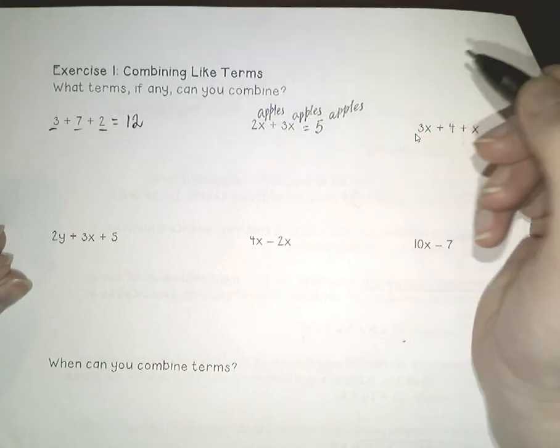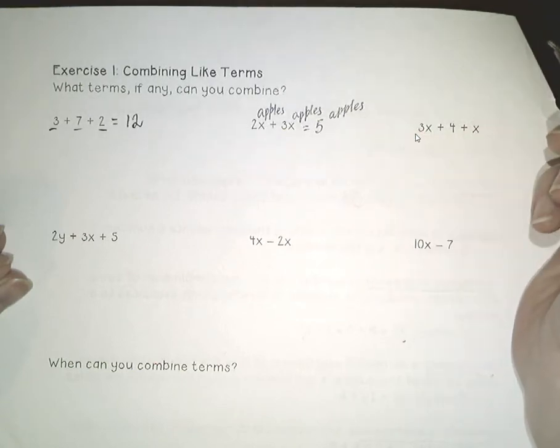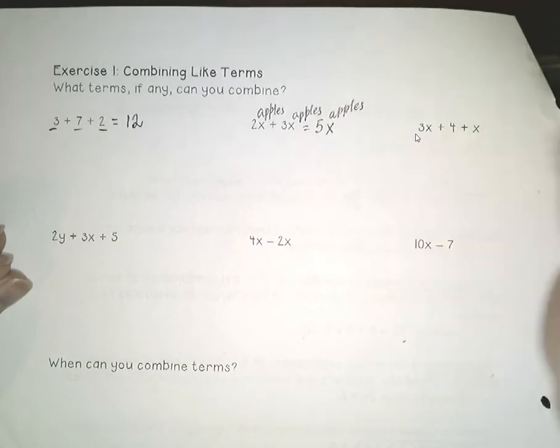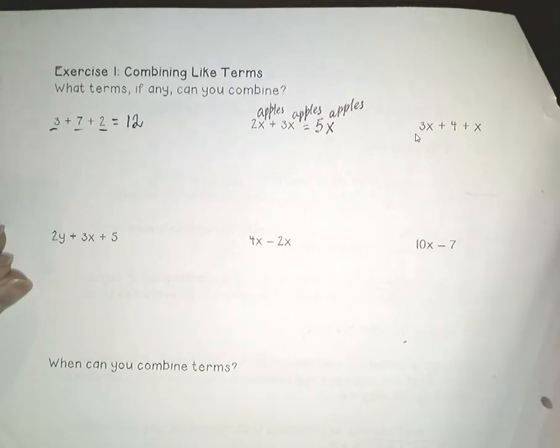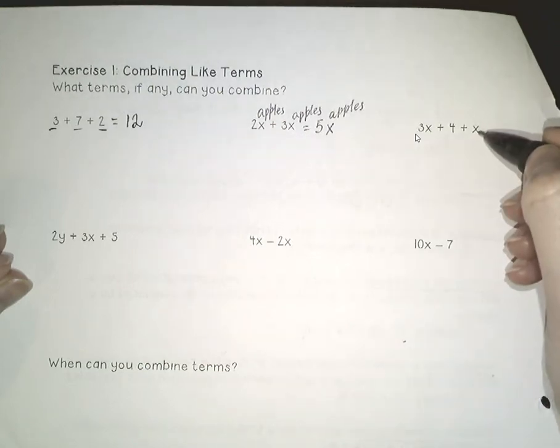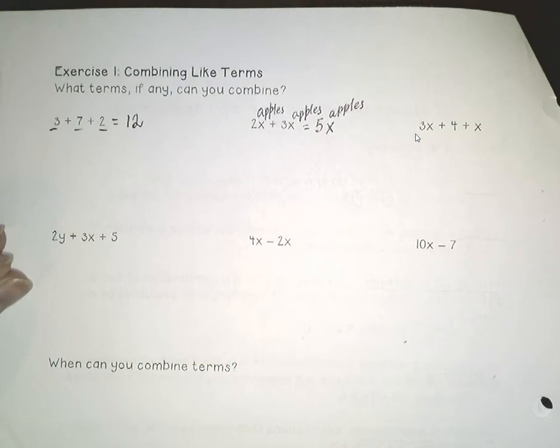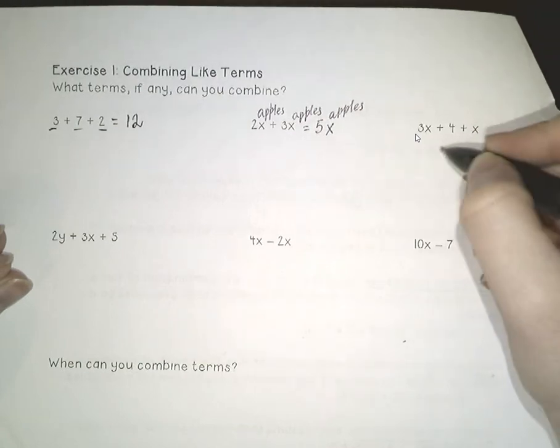So when I have 2x and 3x, I will have 5x. Next one, 3x plus 4 plus x. 3x plus x is like 3 apples plus an apple, and that is going to be 4 apples, or 4x,